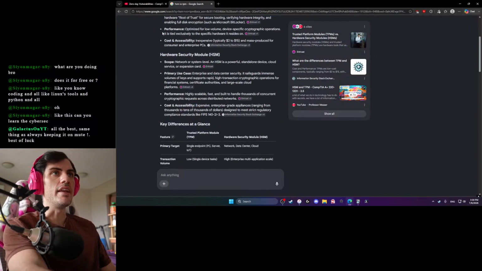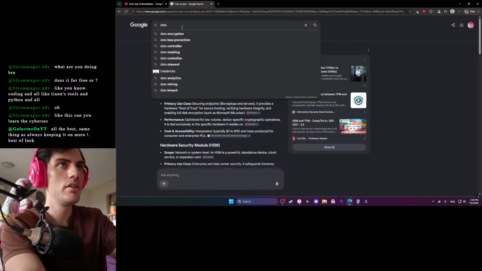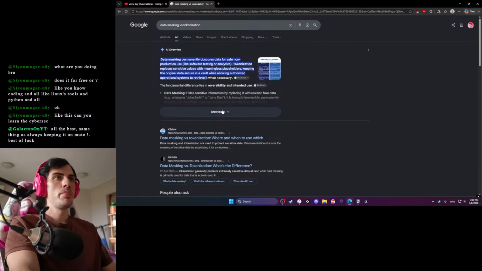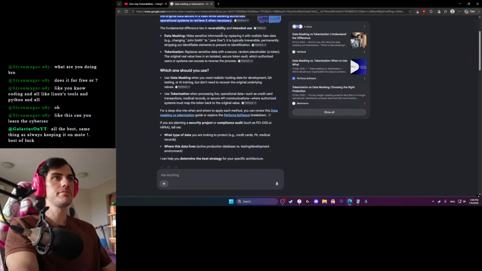So what's the difference between that now? What's it called again? Data masking, reverse tokenization. There it is. Permanently obscures data for safe non-production use, software testing. Replaces sensitive values with meaningless placeholders. Irreversible. Ah. Permanently stripping out the elements.